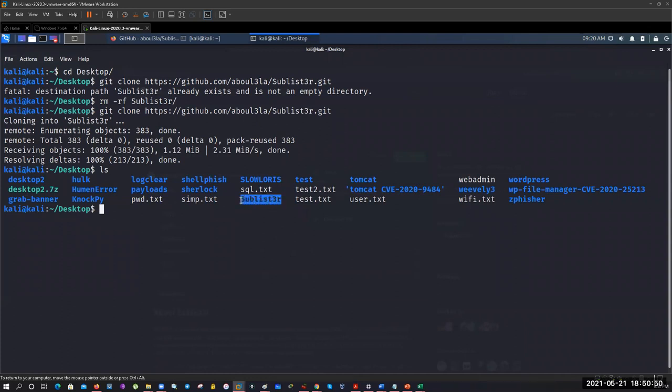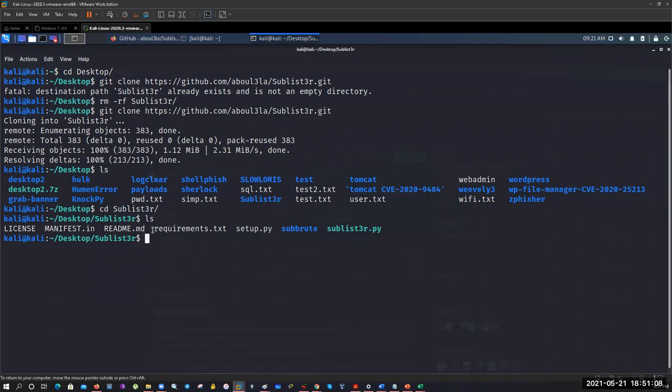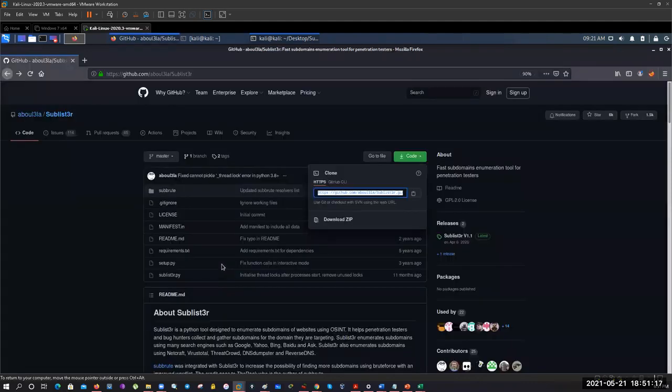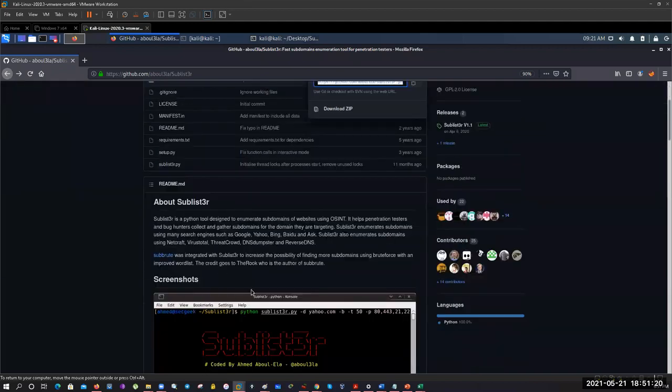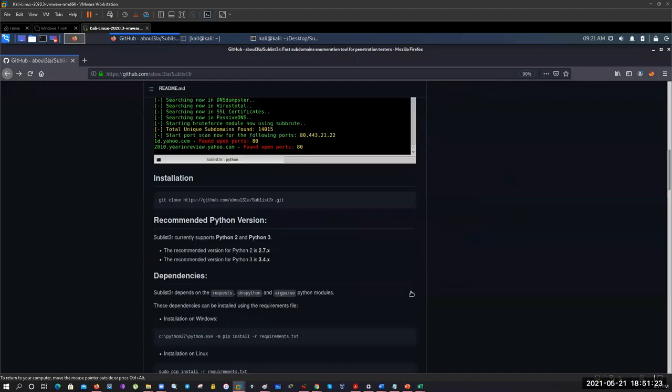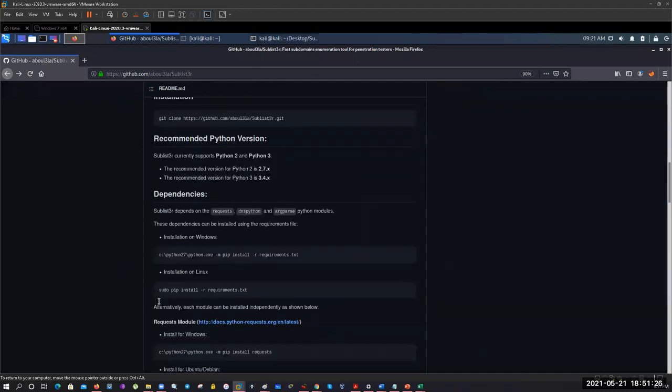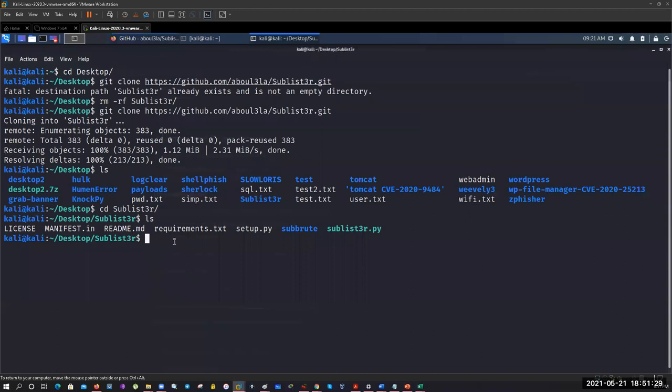Can you see this, guys? Sublist3r tool. Now get inside that tool. If you want to use a tool, first get inside that folder, that is, change the directory to that tool, and then say ls. You'll be able to see a listing of all the files. You can see there is a file called requirements.txt. In that scenario, not only for this tool but for any tool, if you find requirements.txt, make sure you first install the requirements. Sudo pip install -r requirements.txt,